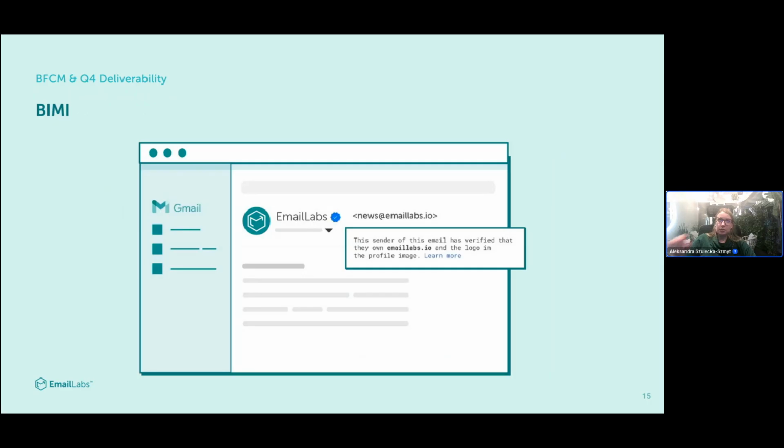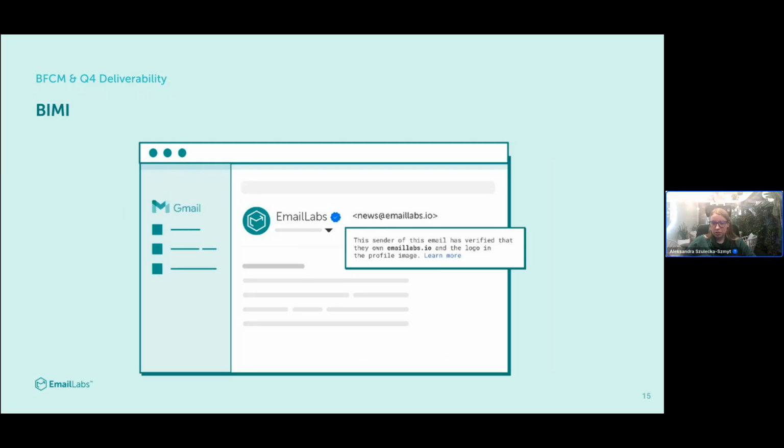After that, the record can be configured in some tools that are available online, and if your reputation is on a higher level, then Gmail is going to display your logo and the blue check mark in the recipient's inbox next to your sender. And after you hover your mouse on the blue check mark, then you will see the information in this frame.